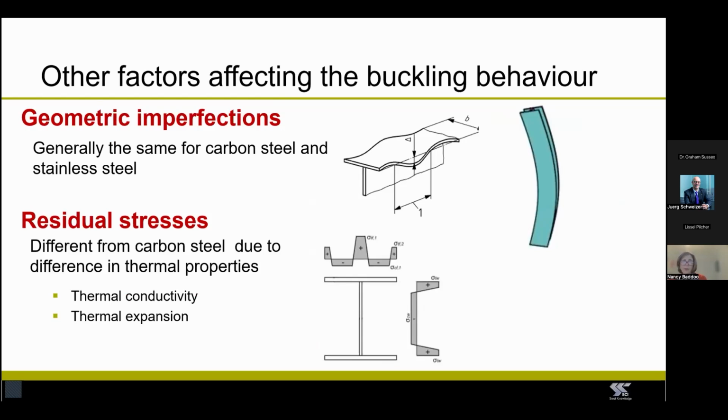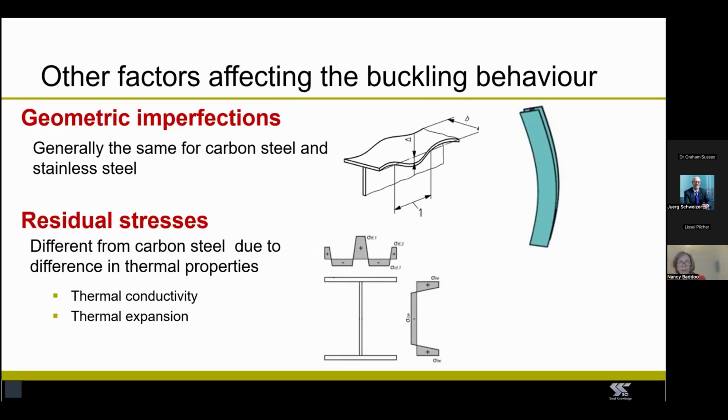There are other factors that also affect buckling behavior, such as geometric imperfections and residual stresses. Geometric imperfections are generally the same magnitude as for carbon steel. The imperfections at cross-section level affect local buckling, and they include out-of-plane imperfections of the flanges or the web. And at the member level, they include the out-of-straightness of a column. For example, that